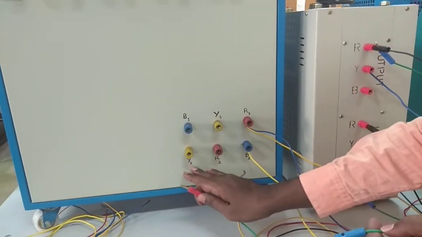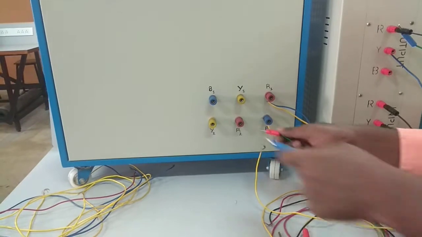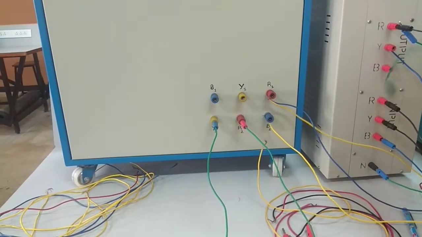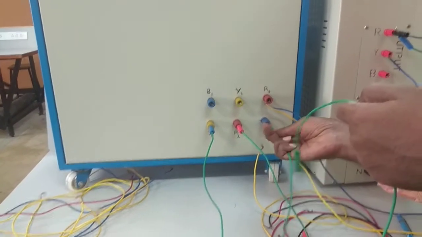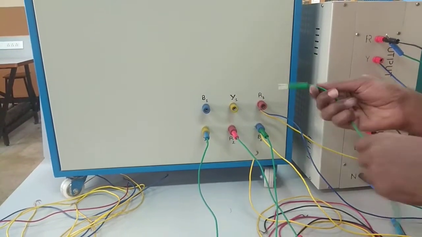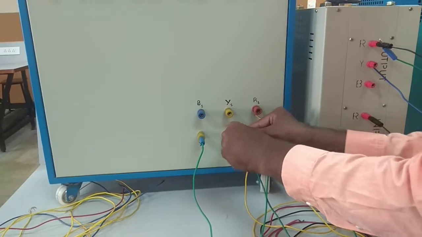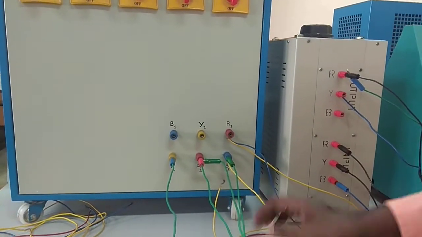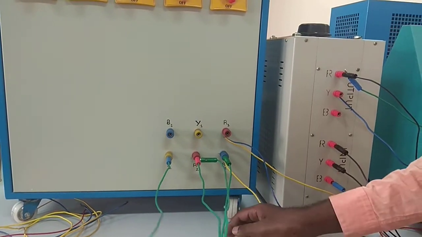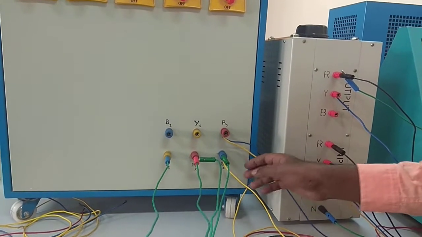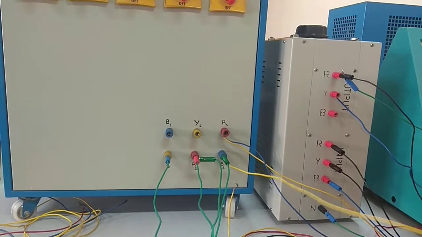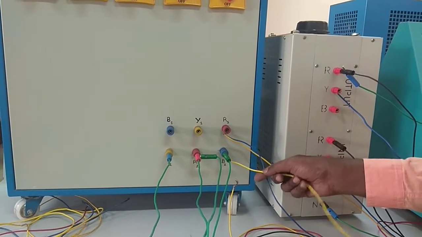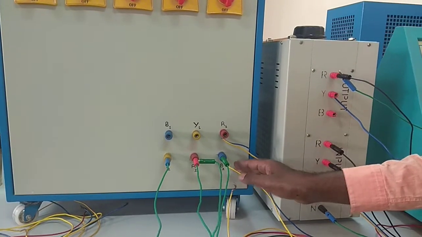You have to short the lower row here horizontally. So if you can short Y2 to R2 and B2 to R2. So this I have shorted here. So this tells you the neutral point which is created in the star connection, that is the ending terminals of different phases have been shorted, and as I told you, the negative of the phase voltage is given to neutral point. So you can connect this wire to any one of these, I connect it to B2.